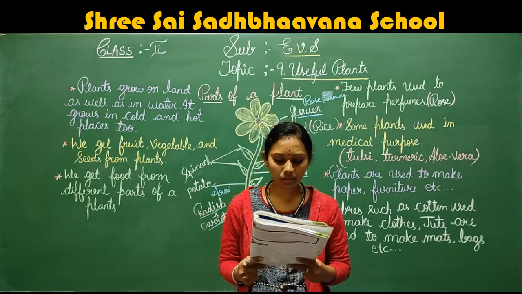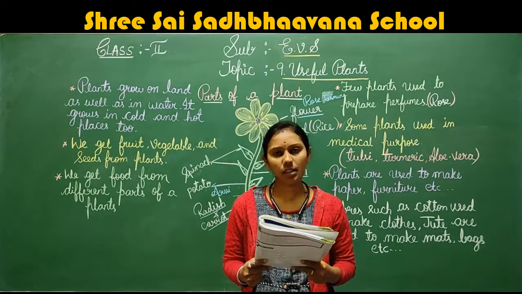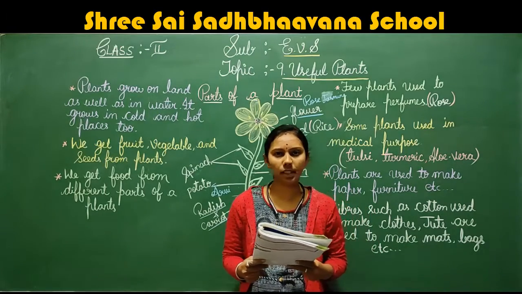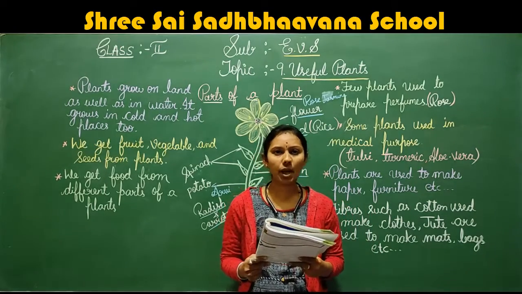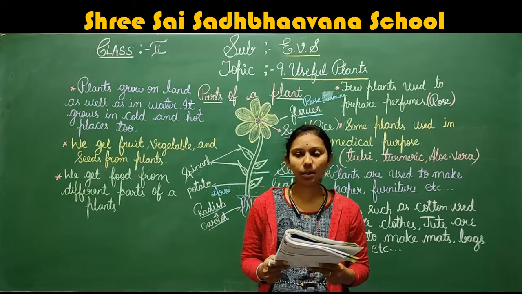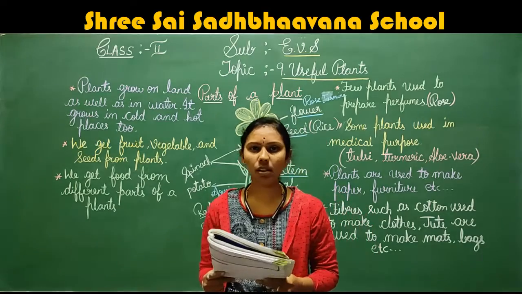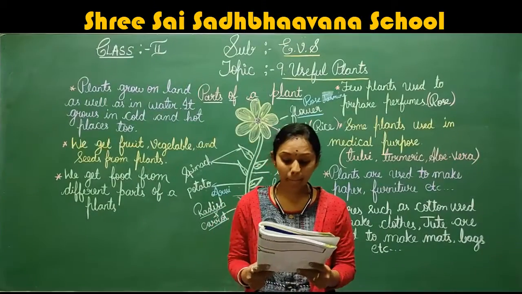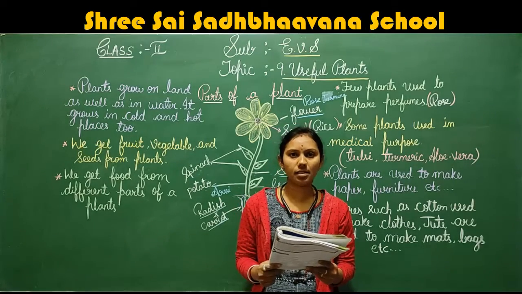Next, you can observe the pictures of the trees there. The neem tree, the tulsi plant. Yes, the tulsi plant, in all the homes it will be there. Every home will have a tulsi plant. Garlic and the eucalyptus tree, you can see this.